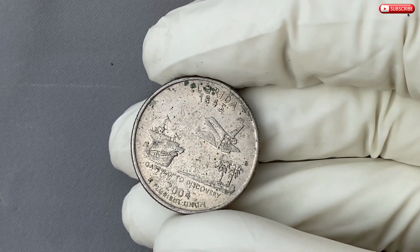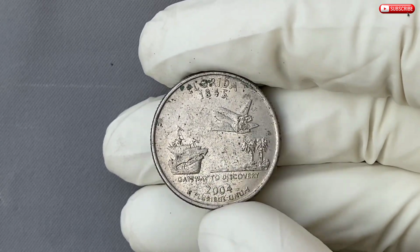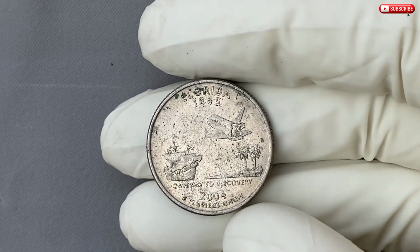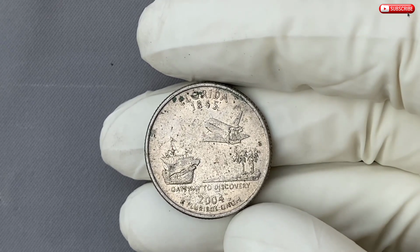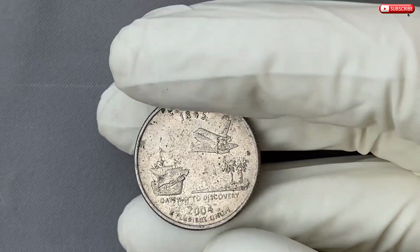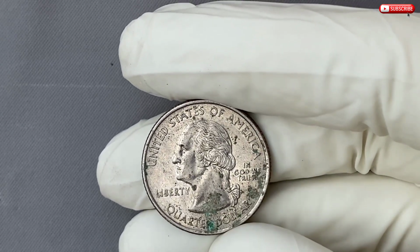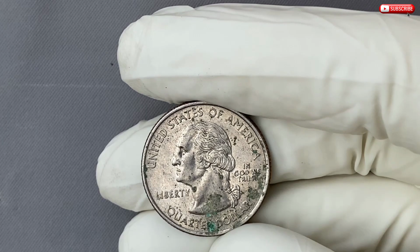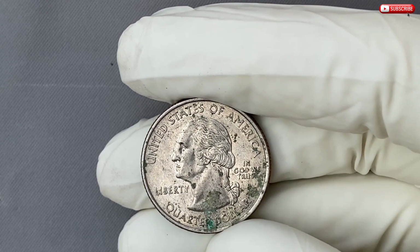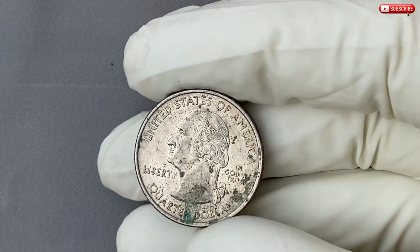Florida, known for its beaches, theme parks, and sunny weather, was the 27th state to join the Union, officially becoming a state on March 3, 1845. Florida's history is rich and diverse, from its early Spanish influence to its role in the Civil War and beyond. The state is famous for its natural beauty, with miles of coastline, vast wetlands, and unique wildlife. The 2004 Florida quarter sought to capture all of these elements, offering a snapshot of what makes this state so